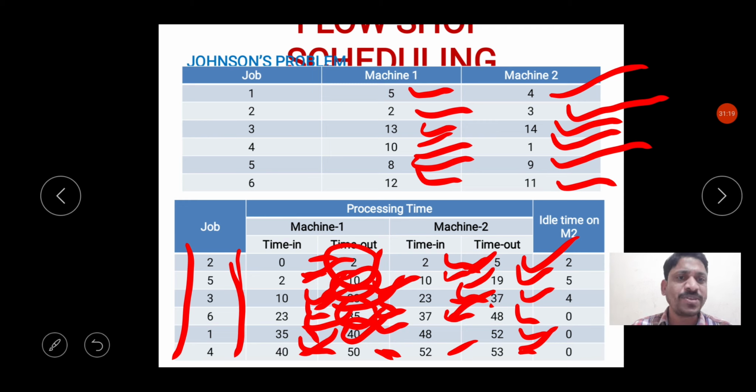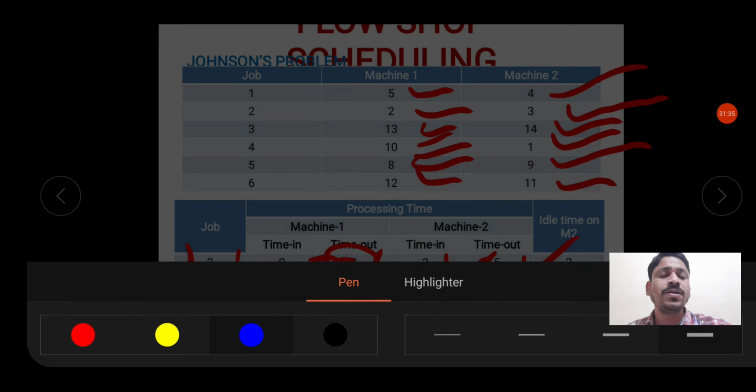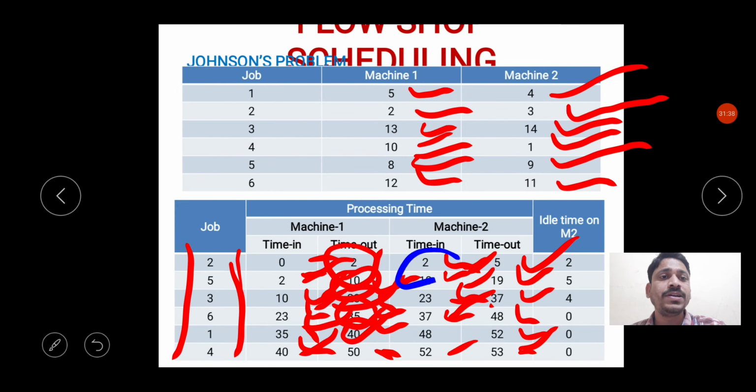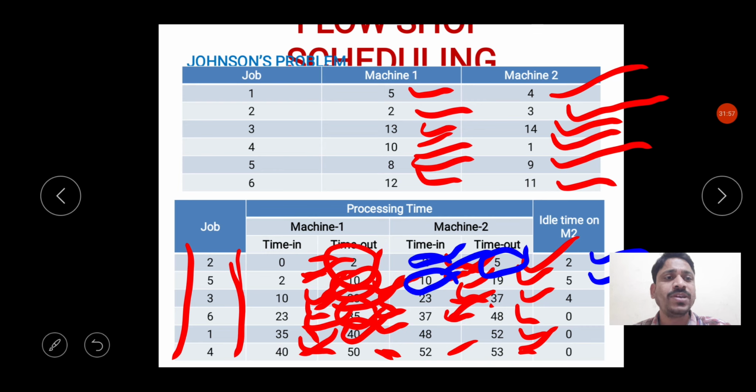And for machine 2 you have to check, right? For the first one, when did we start the first job, that is the second job here, at 2 hours. So from 0 to 2 there is no work. We started at 2 hours. What I will do is I will try to indicate it with a different color. So from 0 to 2 hours is the idle time for machine 2 here. And if you see here, we completed at 5 and the next job started at 10. So 10 minus 5 hours is the idle time here for machine 2.